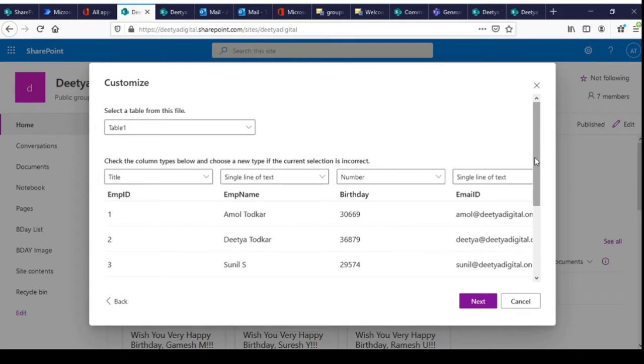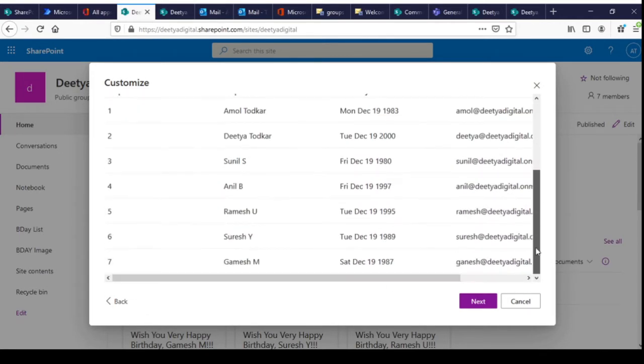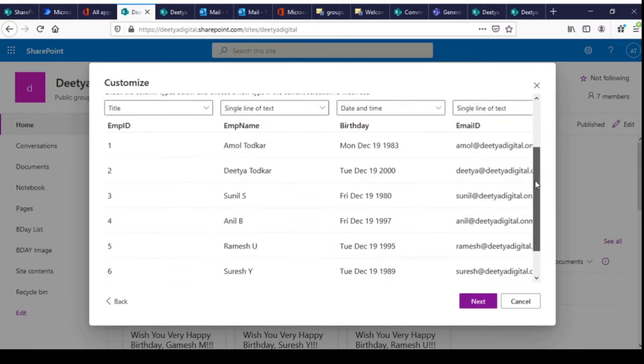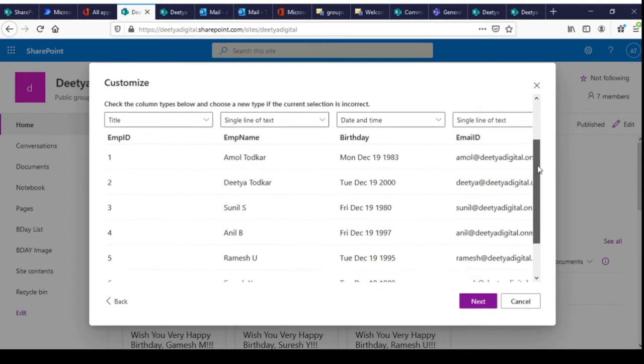Here I'll just convert the birthday into date and time format, so that our birthday records, future and current, are stored in date and time format.